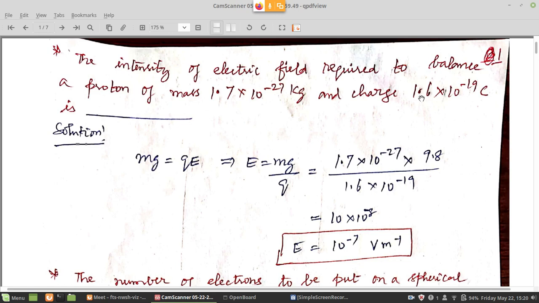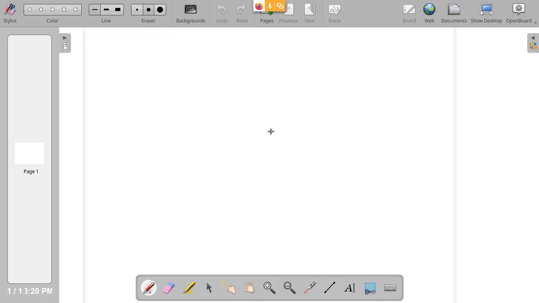Now, in order to stop that, one can apply an electric field to stop it. So basically here therefore two forces are acting in opposition to each other, and that is how one can balance a free falling proton. So basically proton being a charged particle and having a mass also, due to mass gravity will act on it, and the acceleration due to gravity g, so mg is the weight of it, so it will act. Now electrostatic field or the electric field should be applied in the opposite direction to this.